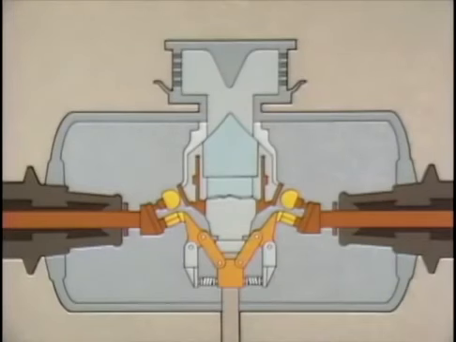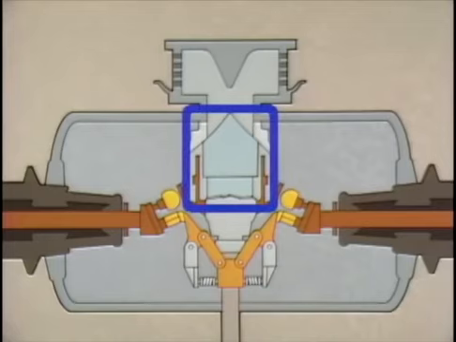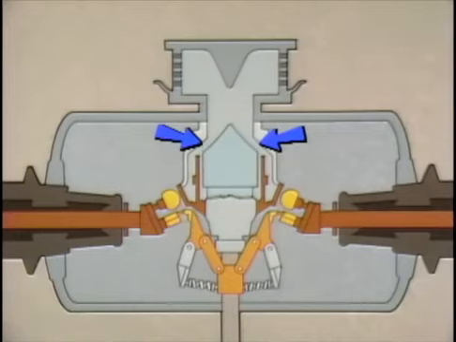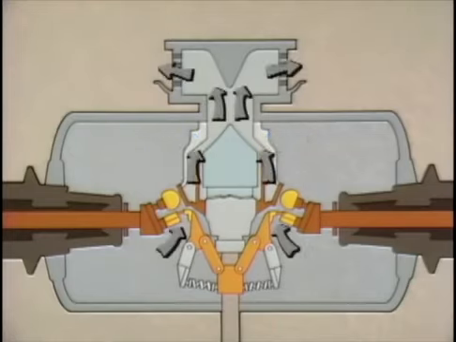Let's go back to the breaker in the closed position to see what these features are and how they work. One feature is the blast valve. When the breaker is closed, the blast valve blocks the arc chutes. As the contacts separate and arcs form, the blast valve moves, uncovering the arc chutes. When the chutes open, the pressurized air in the breaker head blasts through the arcs and through the arc chutes